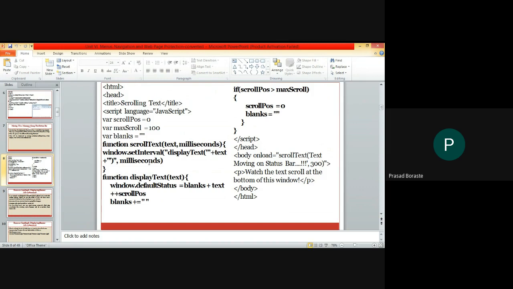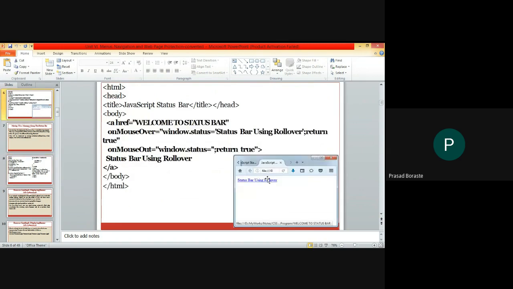Then we have studied changing the message using a rollover. Whenever I take my cursor or mouse on the text which I have given in my browser, it will show the status in the status bar below.